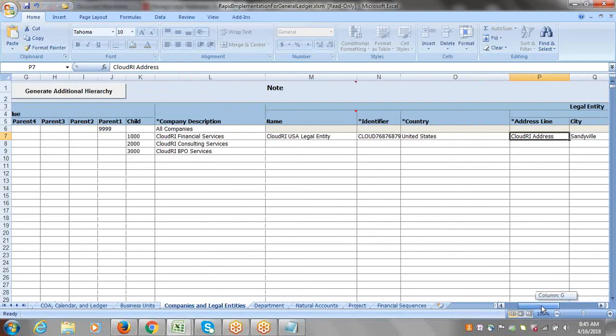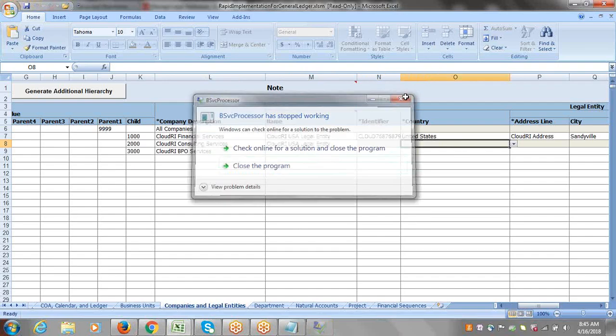Done. So now for this company we specified the legal entity, and for companies 2000 and 3000 also we have to specify. See now what will happen for this company when you just give this name, all the fields are open in white color. So if you are going to enter the same business unit for this company, what will the system do? See here. Once you select it, the system grays out all these fields. That means already for this